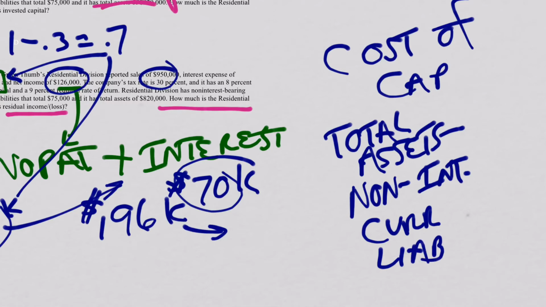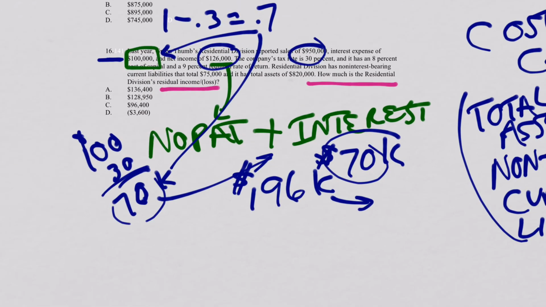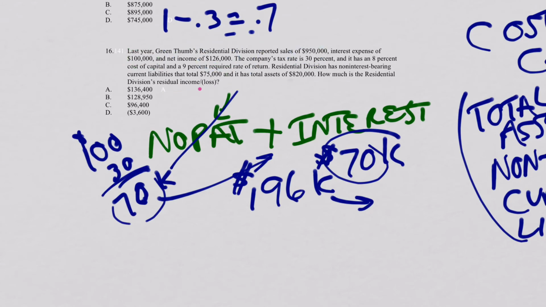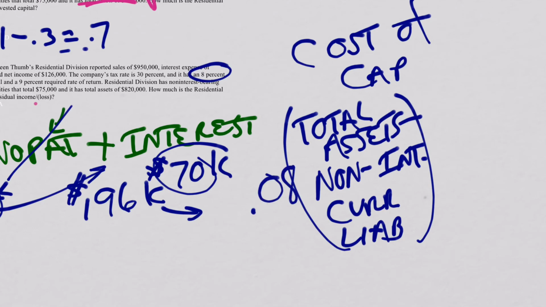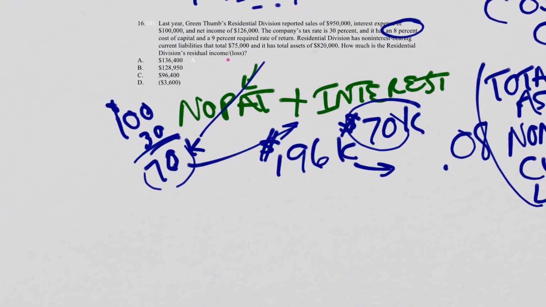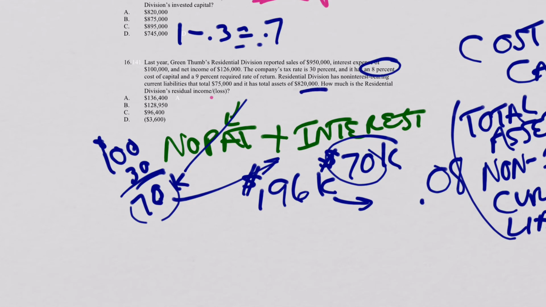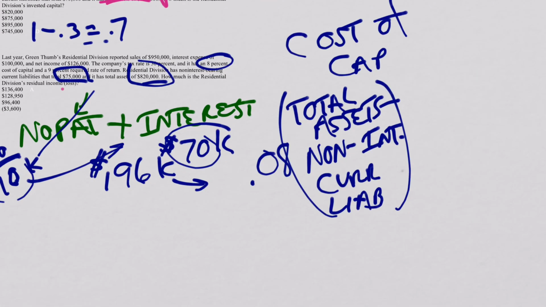So what is that number? And the cost of capital, all this is going to be multiplied by our accepted cost of capital rate, which let's find out what this all is. Okay, so let's clear the deck and see what the problem tells us. Here we go. It says that the cost of capital is 8%. So this is going to get multiplied times 0.08. Now what goes inside the parentheses, it's that total assets minus the non-interest bearing current liabilities, and that number is 745. So 0.08 times 745